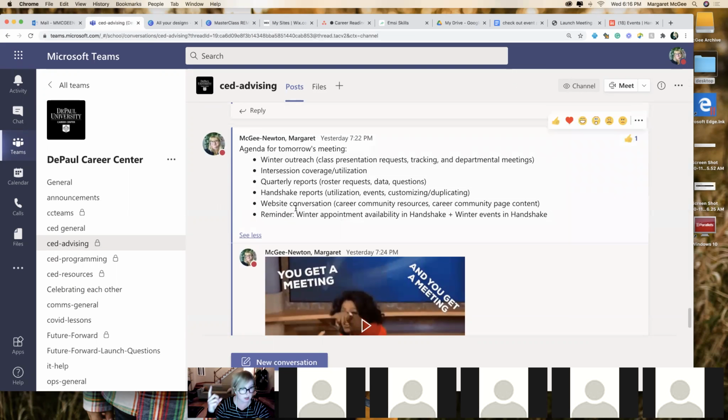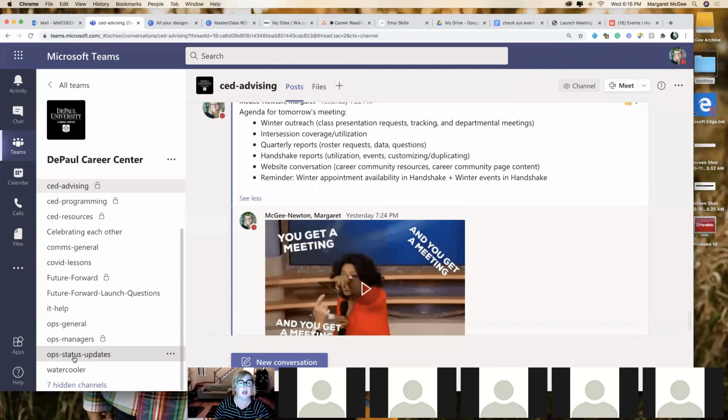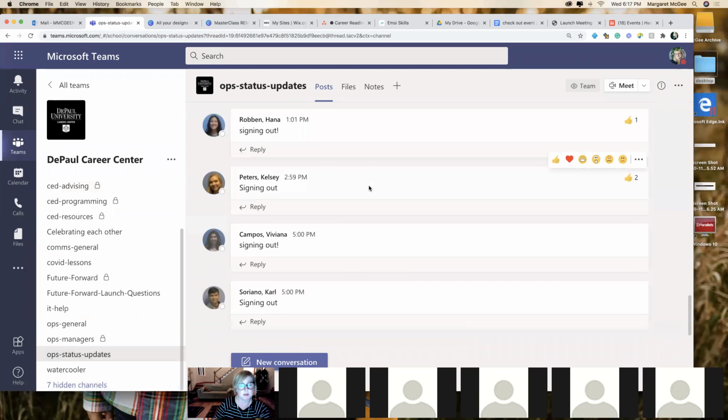And so they all got a notification when they came in the next morning. Here's the agenda. This is what we're going to be talking about. All these other channels have different groups on them. The way this group is operations, meaning the folks who make the Career Center function,